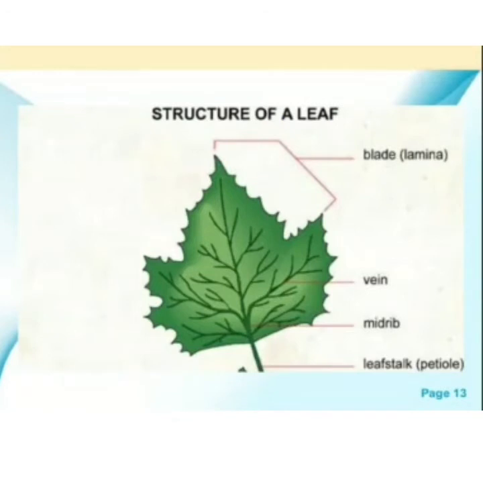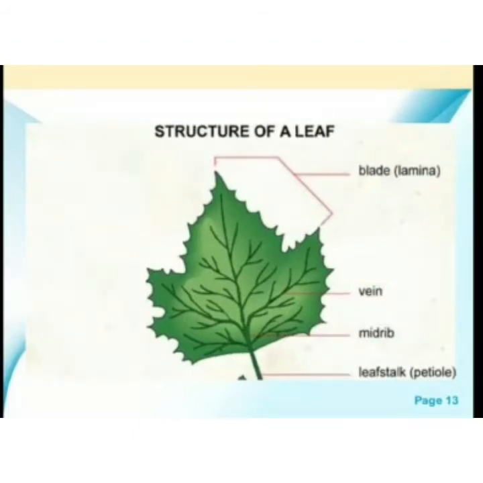See students, this is the structure of a leaf. The outermost part, which is cut in shape, is known as the blade. It is just like a blade, so we can say that it is the leaf blade, or the blade or lamina of a leaf. Understand? After this, these are the veins. What are the veins? Can you see some lines on the leaf? Yes, these lines are called veins.